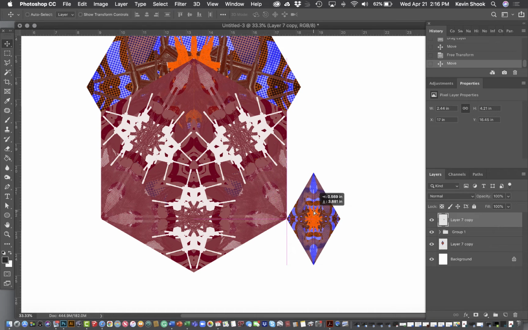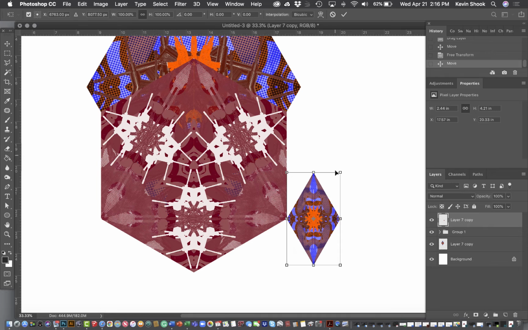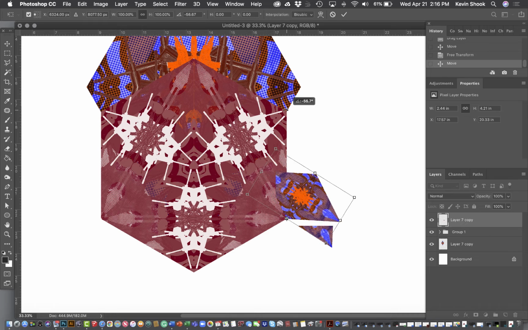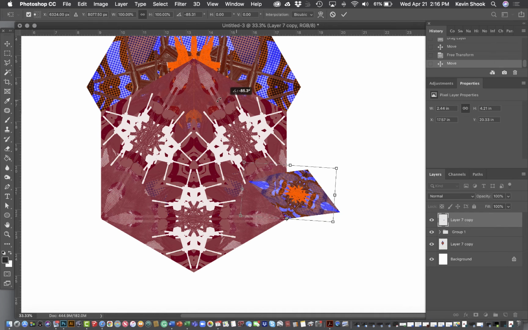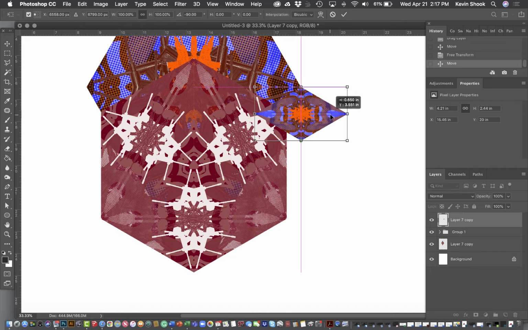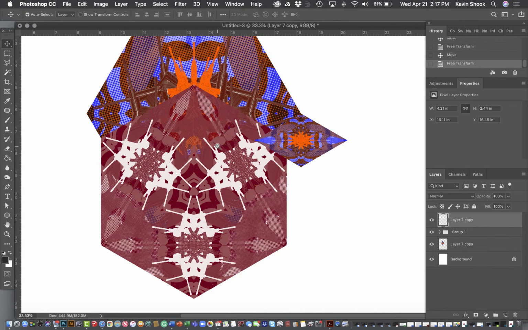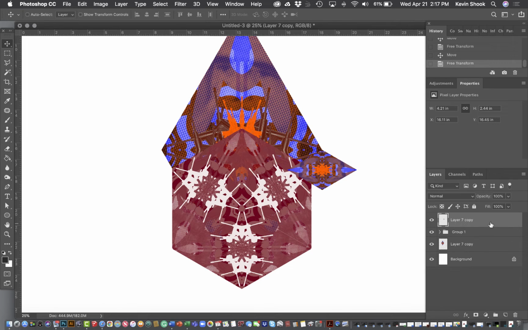I think what I want to do is I want to turn this so it's a little bit aligned here. So again, free transform, change the pivot. I'm going to confirm that. And then another trick that I can do is if I duplicate this one, just dragging this down,